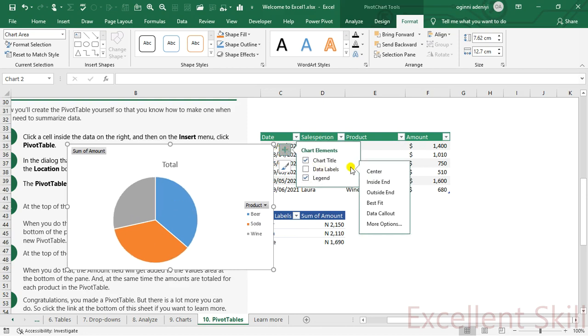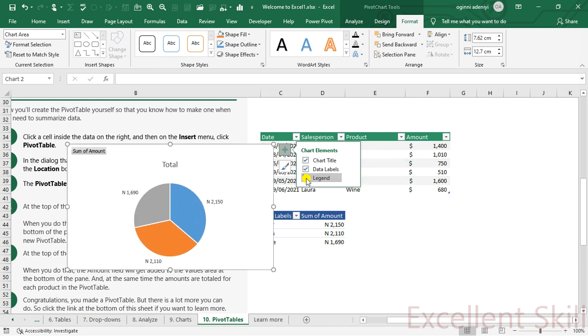Center label, outside label. Just play with this, and you can label and do a lot of stuff.